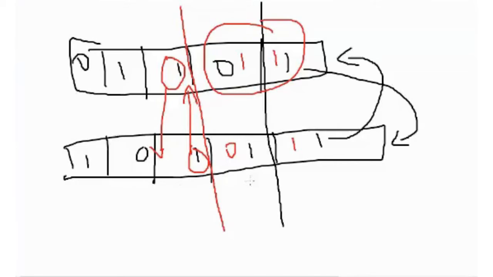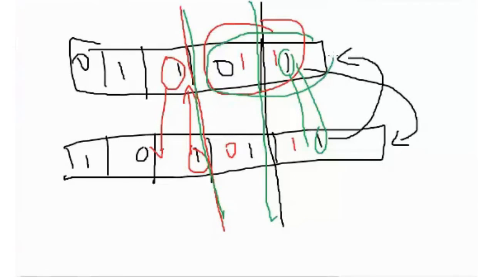When the crossover point was somewhere here, you can see that this 1 has gone up and that 1 has come down. When the crossover point was somewhere here, this entire region has come. Both the genes have come down, and both the genes will go up. That is the thing that is happening here. In mutation, what will happen is 1 will become 0 and 0 will become 1.